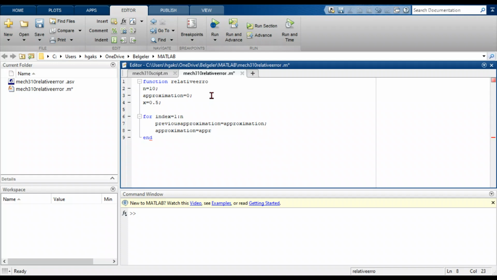Now I have the approximation, and the approximation is equal to